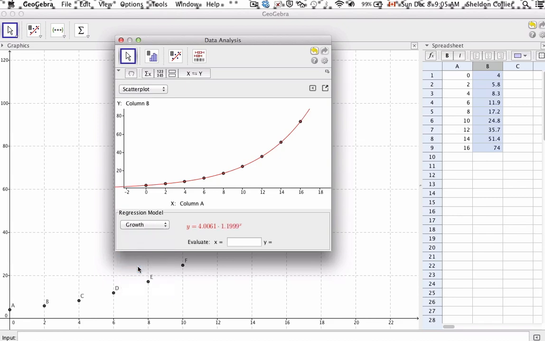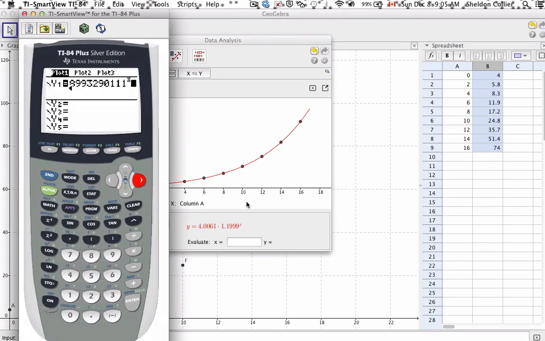And if you go to Growth, you'll get the correct exponential growth equation that we're looking for. So this is y equals 4 times 1.2 to the power of x. Okay, so it's about y equals 4 times 1.2 to the power of